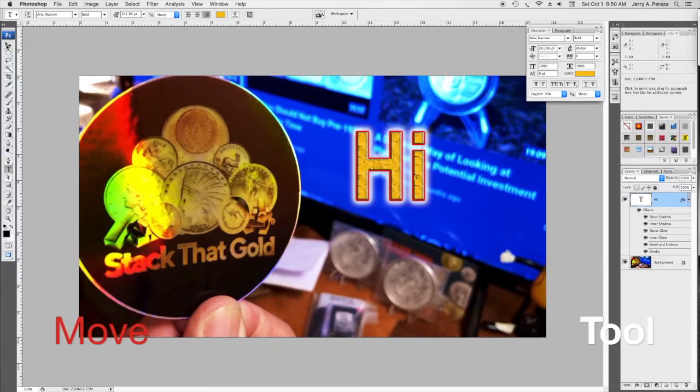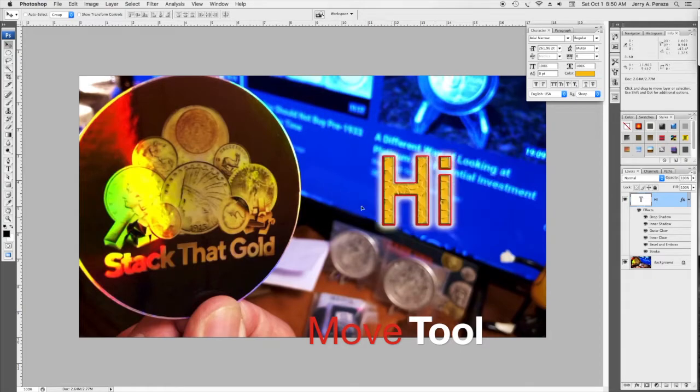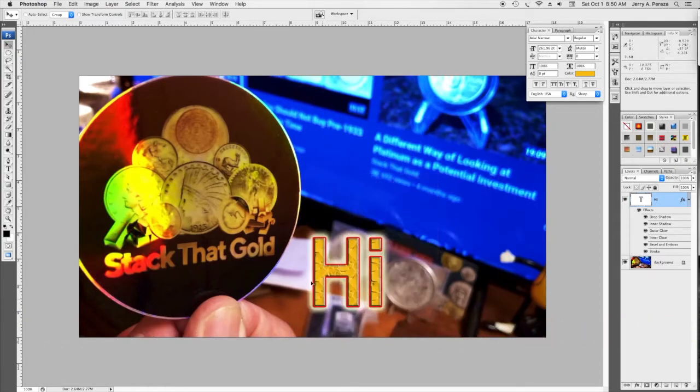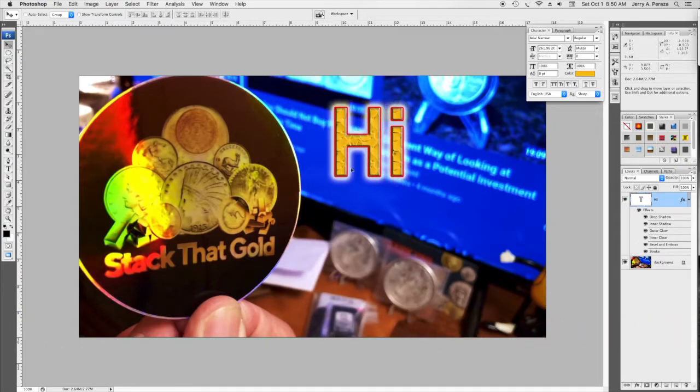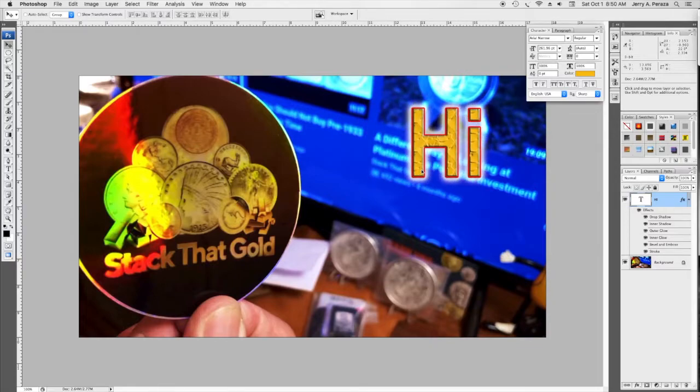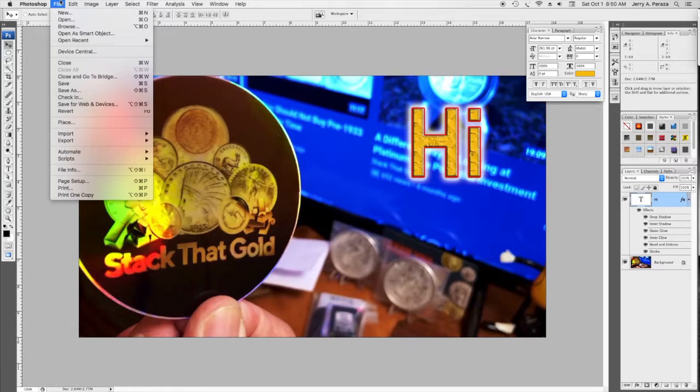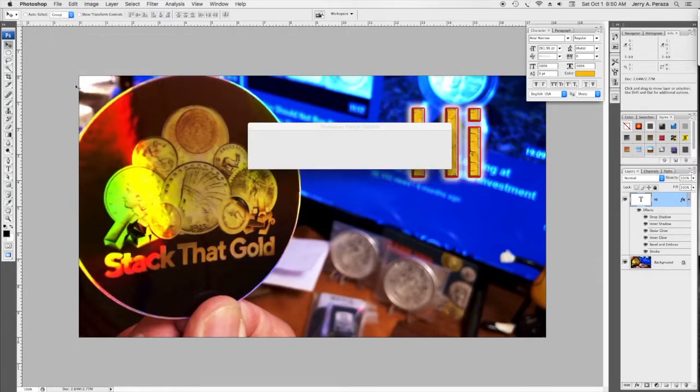Then we're going to go to this other tool. I forget what it's called. And now you can move this around. You can resize it. You can add more text. And it's all going to carry those features. So immediately save this, maximum,